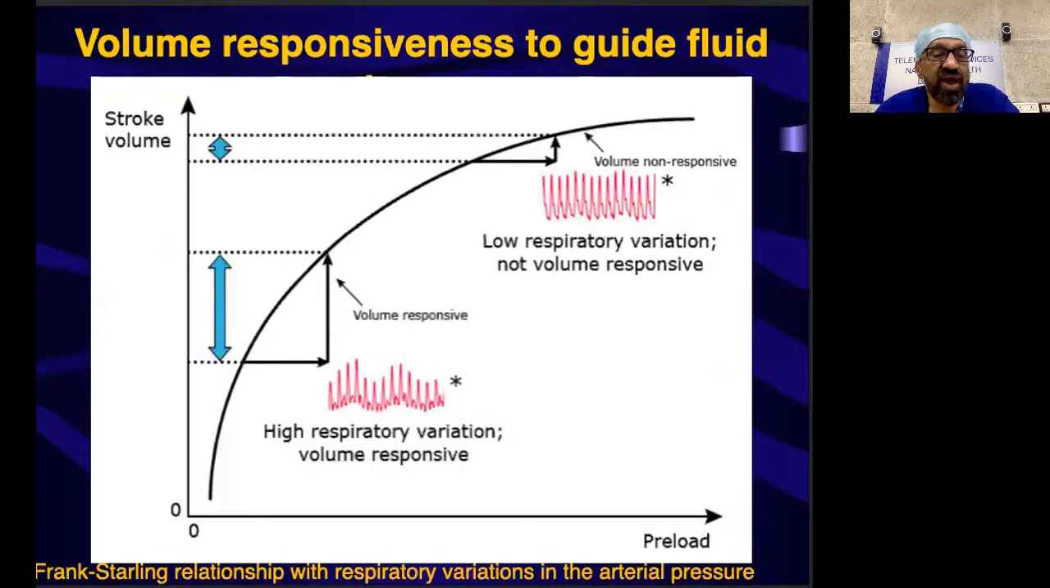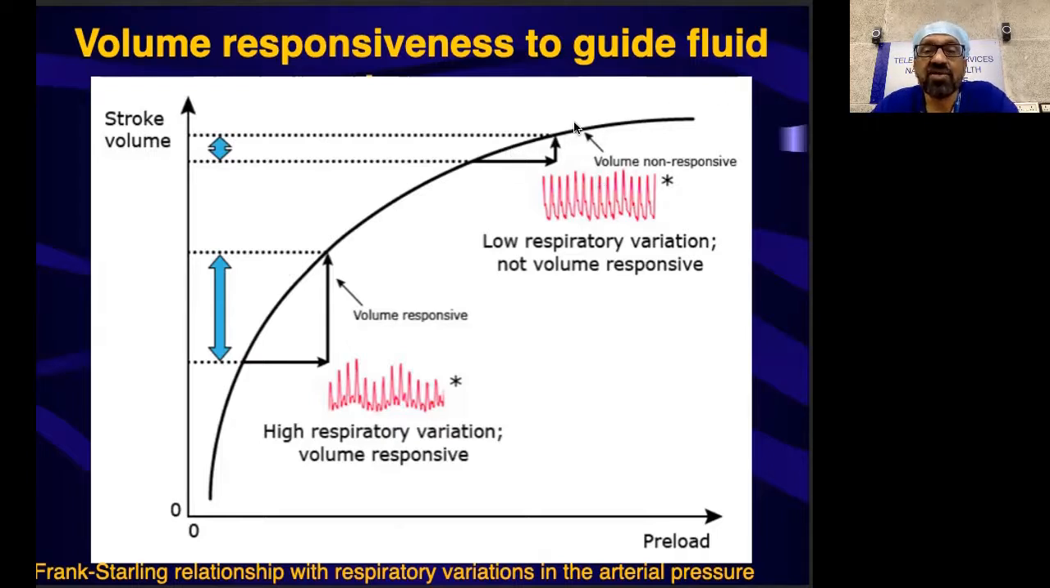This shows the Frank-Starling relationship with respiratory variations in arterial pressure. This is the filling pressure or the preload, and this is the stroke volume as a result of the contractile function of the heart. And this is the Frank-Starling curve. In the ascending portion of the limb, as the preload is increased, there is a proportionate increase in the stroke volume,